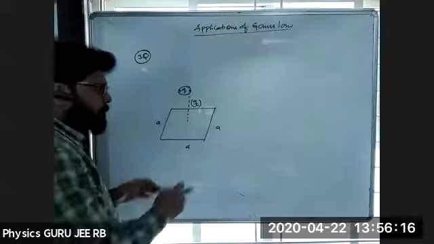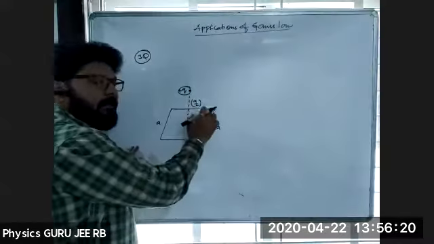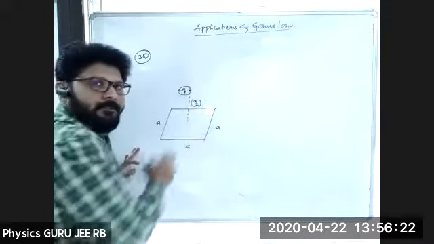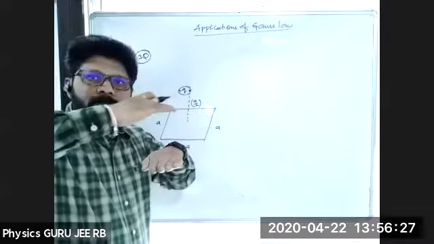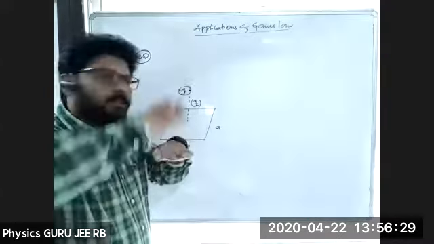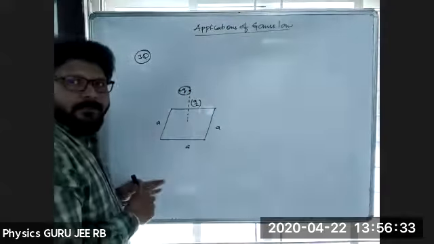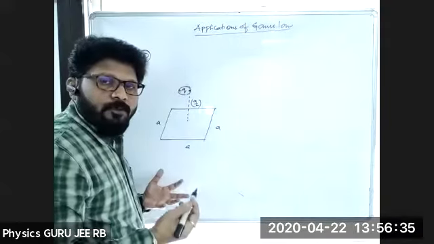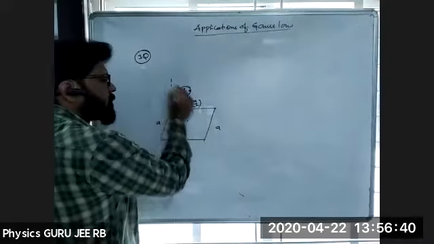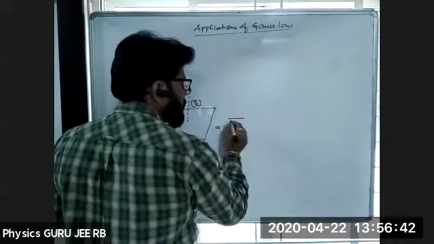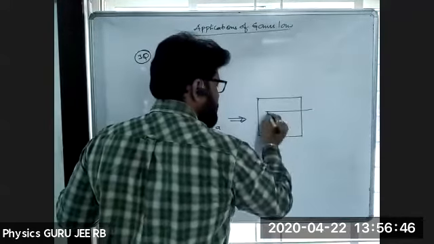Now see here. If I take a plate of side A and A, the charge is placed at a distance above the plate, at a distance of A by 2. Now, how to calculate flux through this plate? First, what we have to do is construct a closed surface. I can draw this diagram like this.